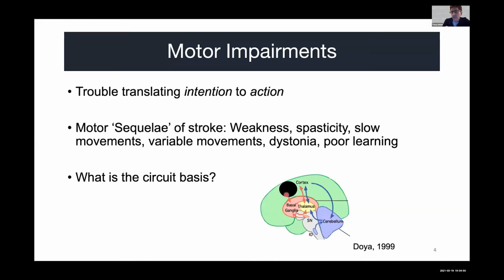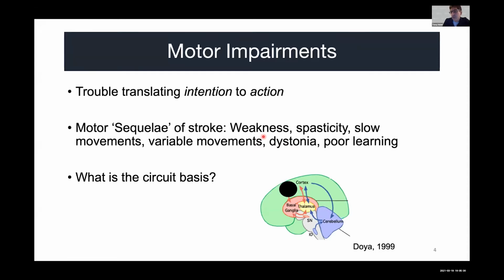I'm going to be showing some of the experiments that we do with this particular stroke in mind. We have an experimental animal stroke injury model, and we experimentally lesion the motor cortical area of the rodents. What typically happens after a motor cortical stroke is that there is trouble translating intention into action. If you've ever interacted with one of these patients, they do have the intention to move, but they cannot translate this intention into action.